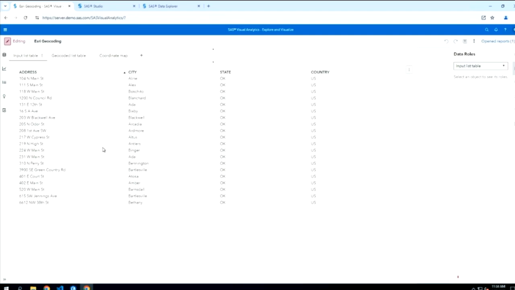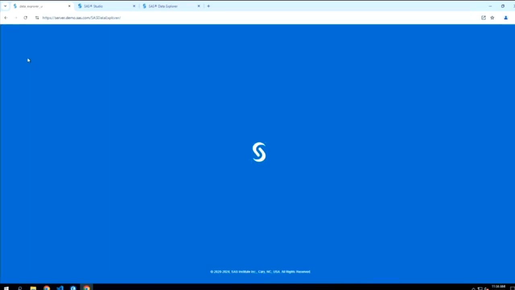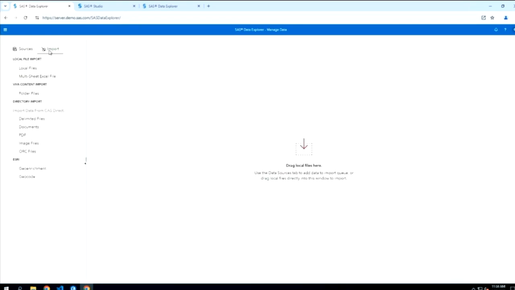Now, the way I access the Esri geocoding feature in SAS Viya is going to be in SAS Data Explorer. So I can access that by coming up to the top left, going to the Applications menu and choosing Manage Data. And this would be the same location where you go to import data. So I'm here, I'm in SAS Data Explorer, and I'm going to go to the Import tab.